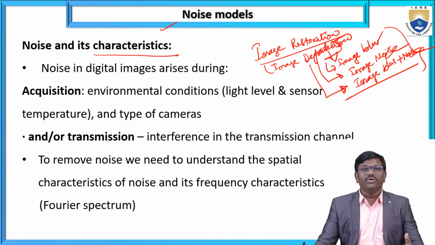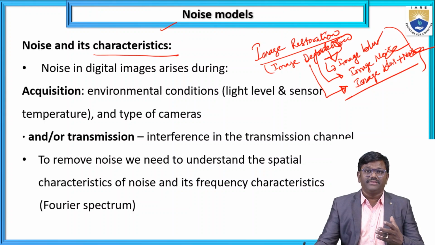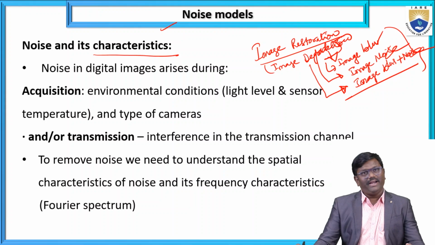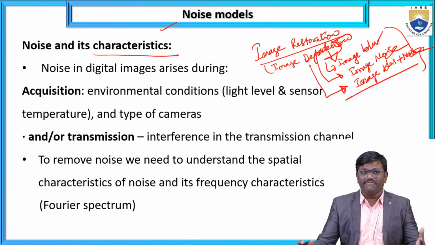Number one, your acquired image may have some noise, or while you are transmitting an image from one device to another it may have some noise. So we may want to avoid those by using this noise and its characteristics to prepare a noise model. So let us define